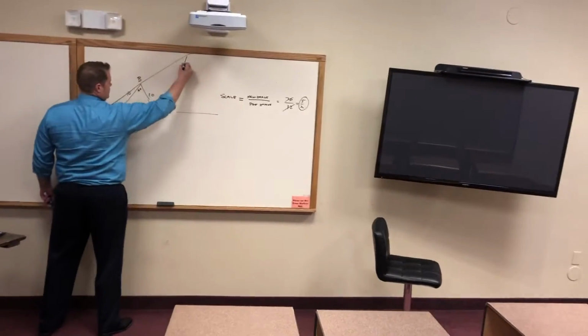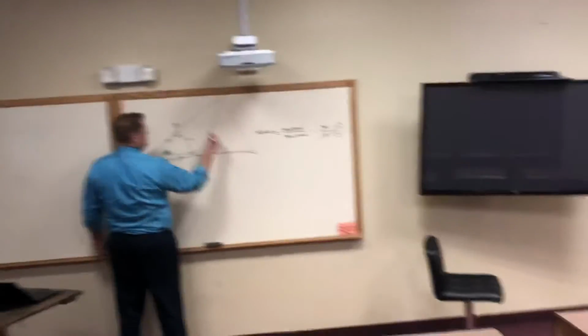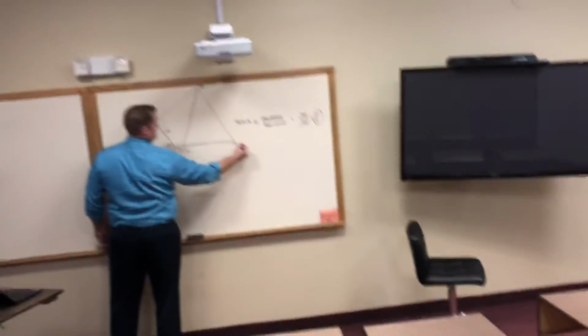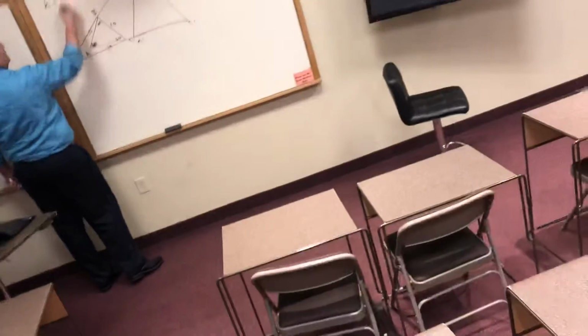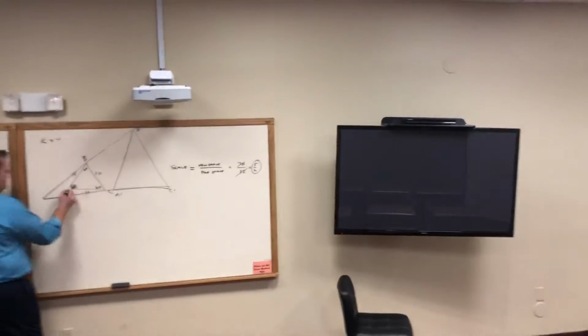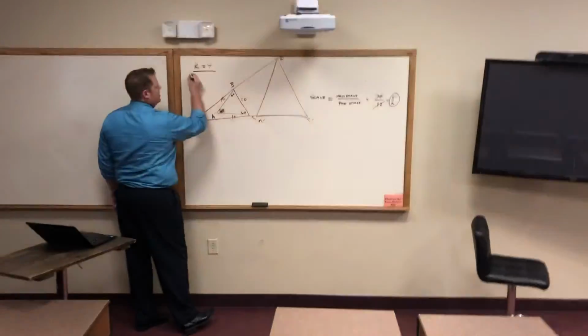I have a new triangle created right here. It's A prime, B prime, C prime. The scale factor is 4. So, can you help me? If AB is 10, what would A prime, B prime be if the scale factor